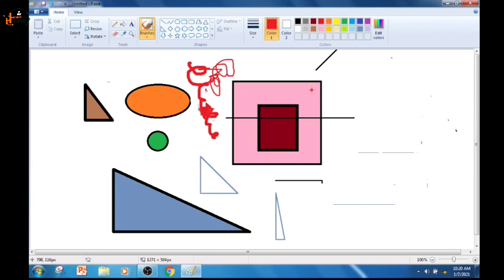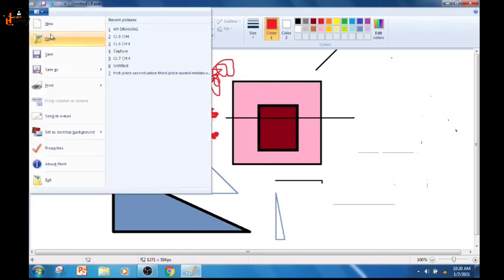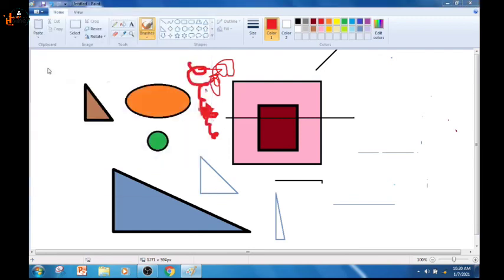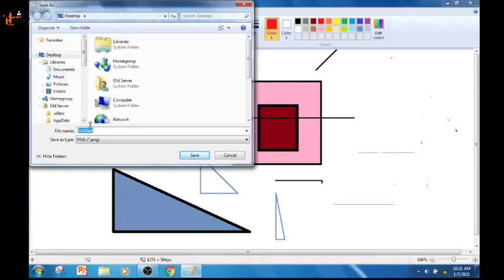Okay. Now let's save the drawing that we have drawn. How will you save? I have told you now, you will click on the Paint button. I will click on the Paint button and click on Save As. See, wherever you want to save your drawing, just choose that option. We want to save the drawing on the desktop. So we will choose desktop, and here we will